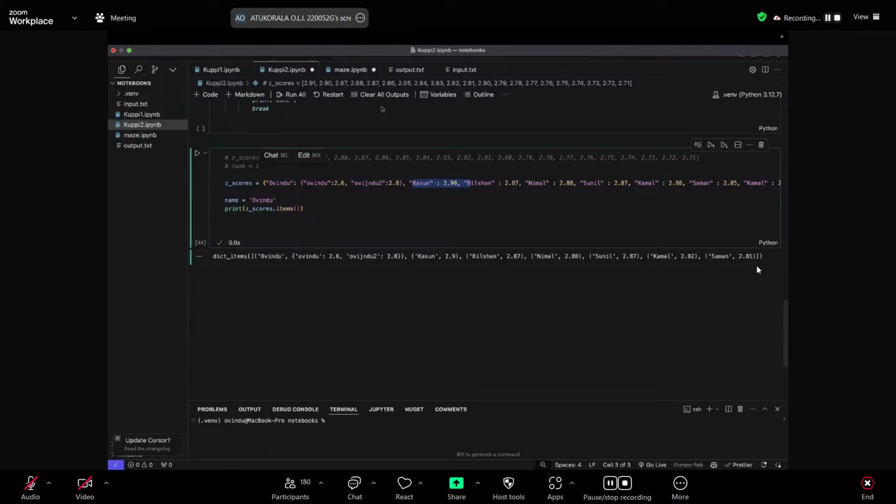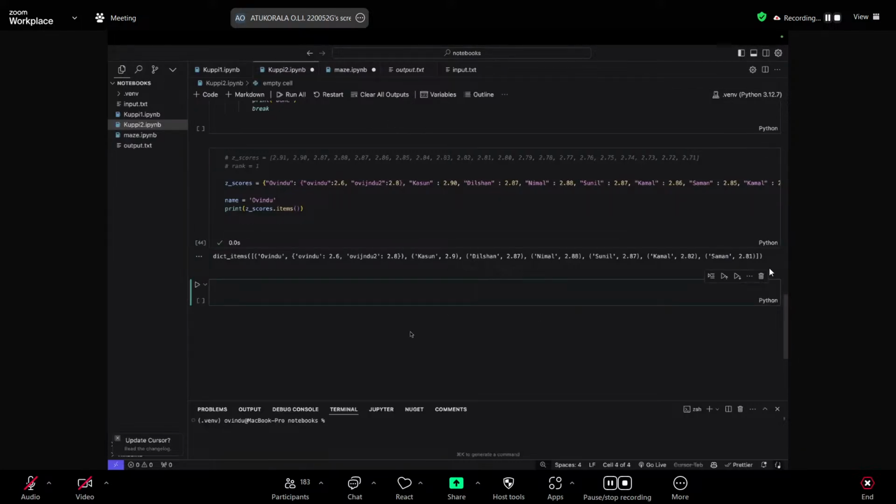Any other questions? Yeah, I think so. Sandushan is here, and he has put a few ways that we can access the dictionary using a list.